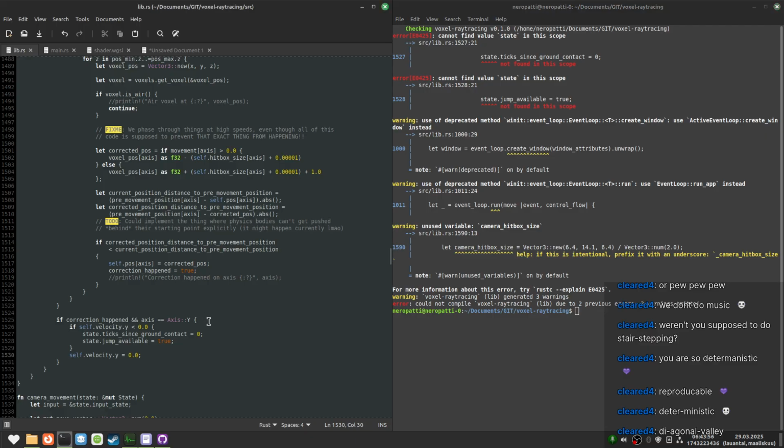I'll write a to-do. Honestly, I need to get better at clearing out to-dos from my code, because I have so many outdated ones here.